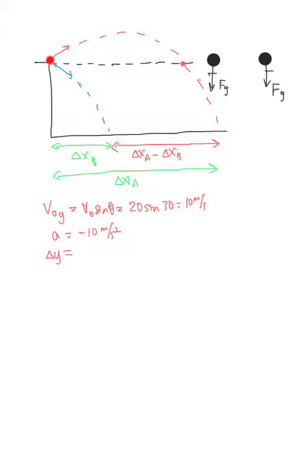But the other thing is it went downward. It went from here down to here, and we've defined downward as the negative direction. So we've got a negative gravity. Because downward is a negative direction, the delta y would equal negative 5 meters. And then you could figure out the t, how long it took to get there. Once you figured out that t, you would focus on the horizontal direction and just use the